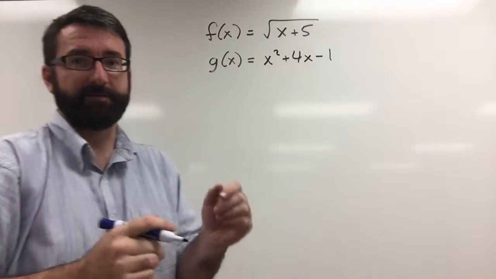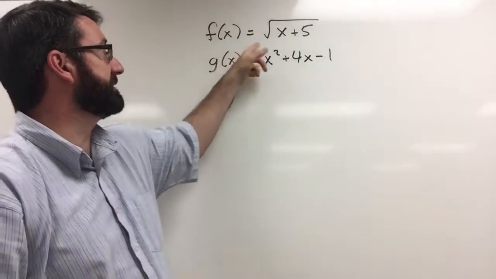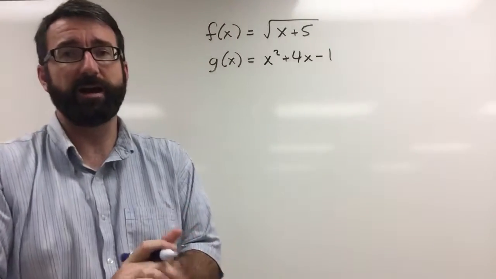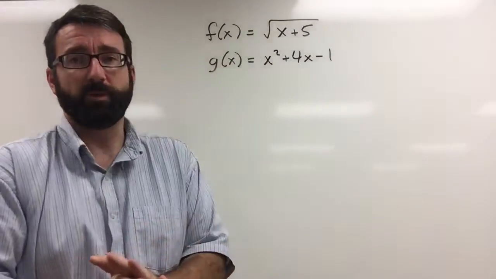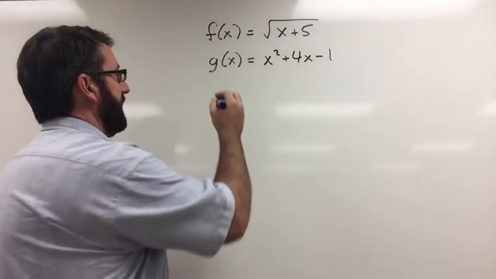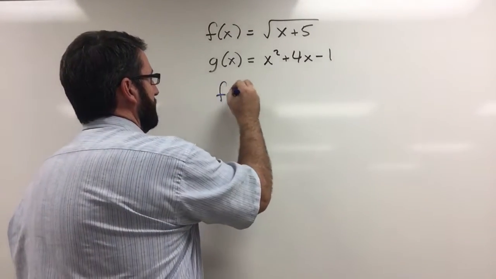All right, for number 27, we're given two functions. F of x is equal to the square root of x plus 5, and g of x is equal to x squared plus 4x minus 1. And we're asked to find f of g. So for f of g,